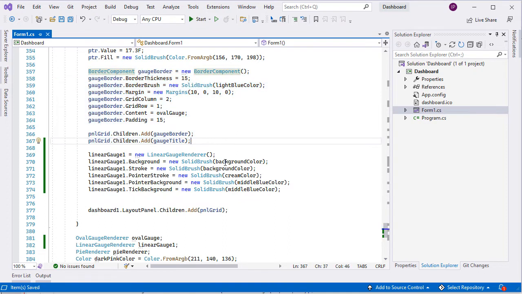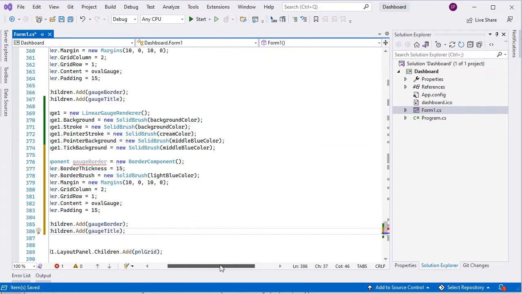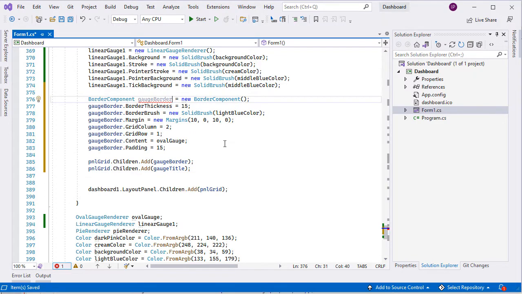Now let's copy the border component that is used to frame all components of the dashboard. We copy it from the oval gauge and change its row to 2.